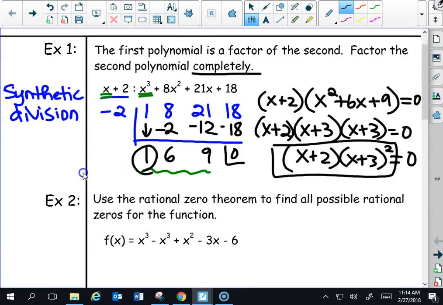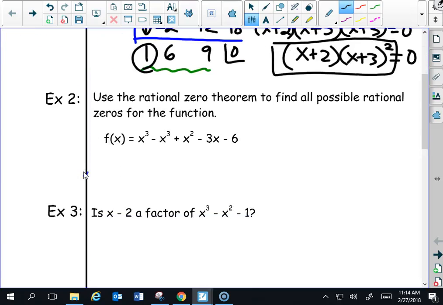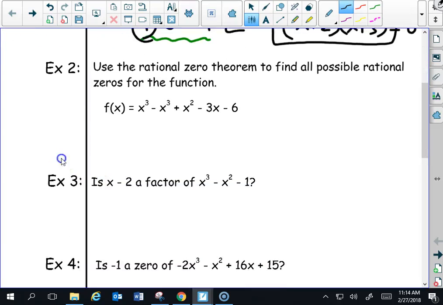It says to use the rational zero theorem to find all possible rational zeros. Now, what this does is it gives us a place to start our synthetic division if we don't have any other way of knowing. Honestly, though, usually I'll throw this into the calculator and get my possible zeros from the calculator. As long as they're integers, that's easy to do, but if they're not, this theorem comes in handy. So what the